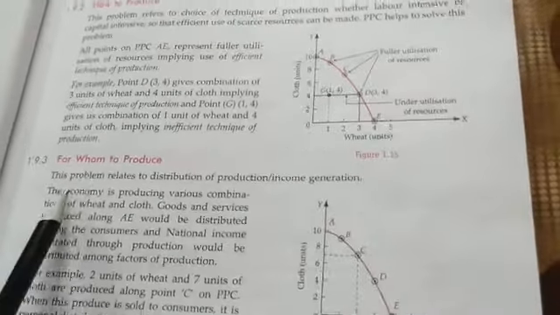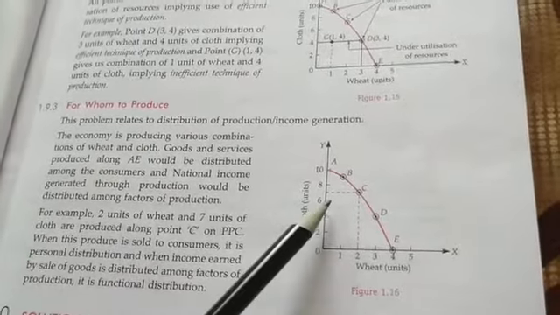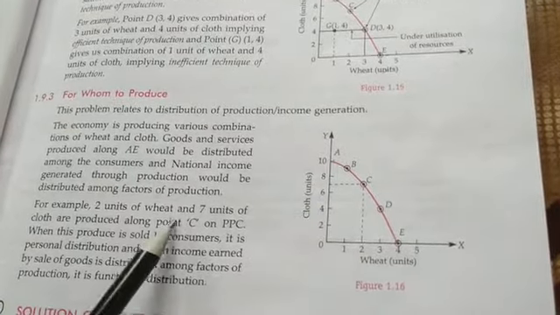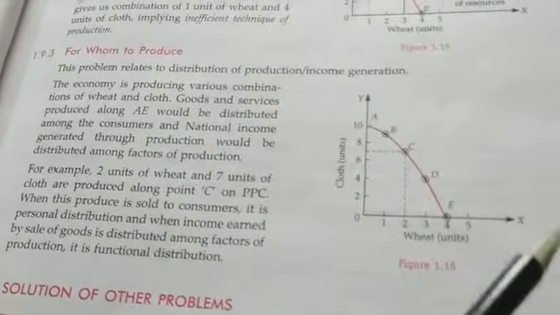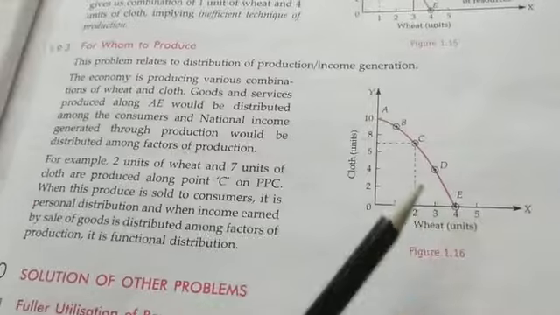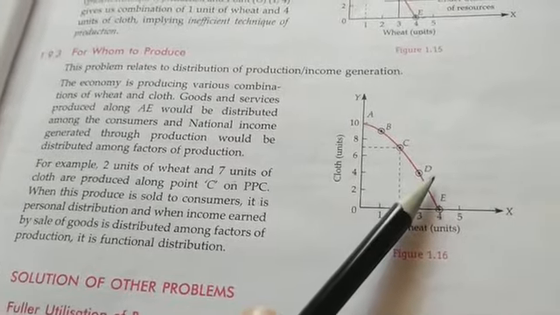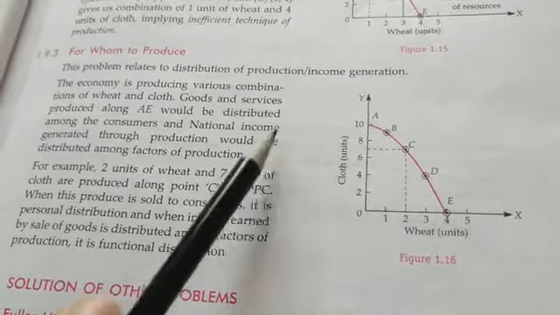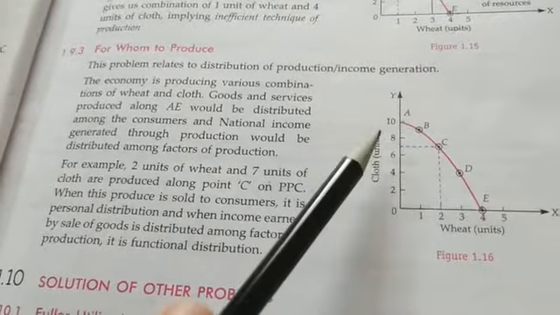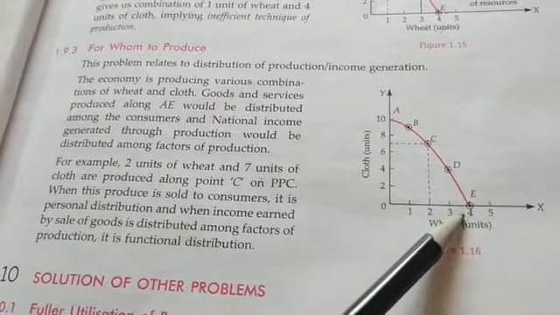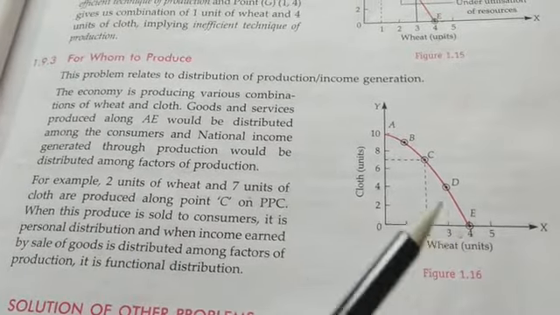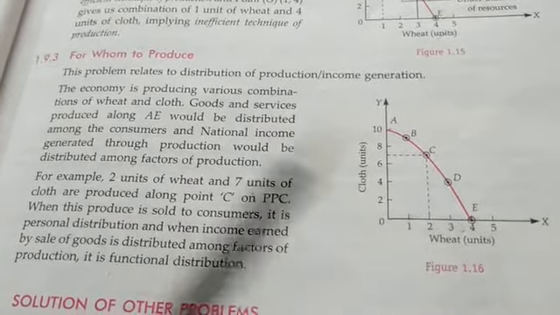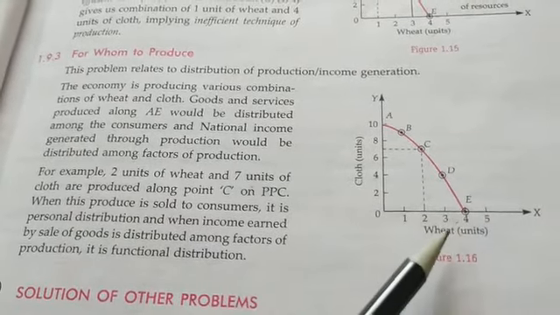And thirdly, the problem of for whom to produce, whether the goods have to be produced for the rich class or the poor class or whatever is the commodity which is more essential, right? The choice, the technique as well as the requirement of the economy is fulfilled by the production possibility curve, by producing the goods at the attainable combinations where both the commodities for the rich as well as for the poor have been produced at the same time. Okay,